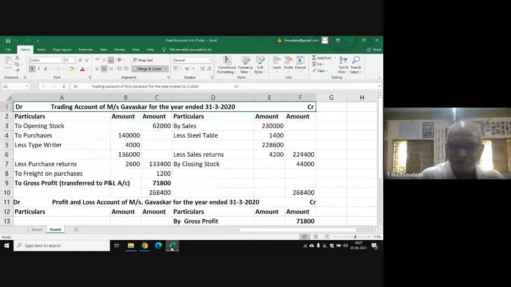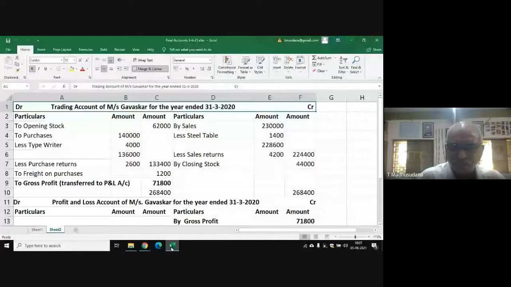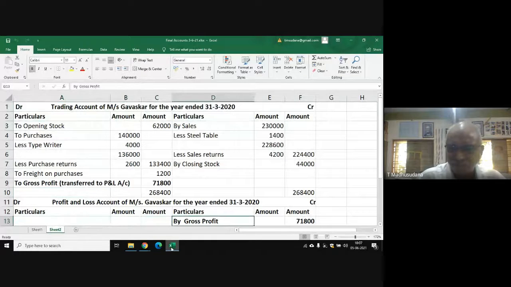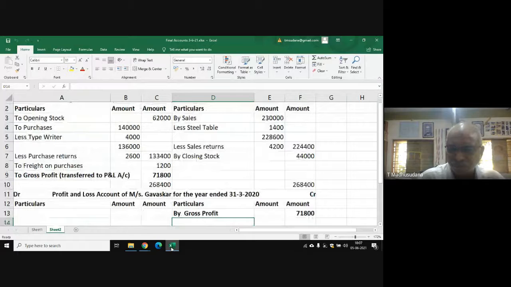Yesterday's problem. We have prepared the trading account and we have arrived at the gross profit. So the gross profit arrived in the trading account has been posted on the credit side of the profit and loss account. Now, in the profit and loss account, the debit side shows losses,